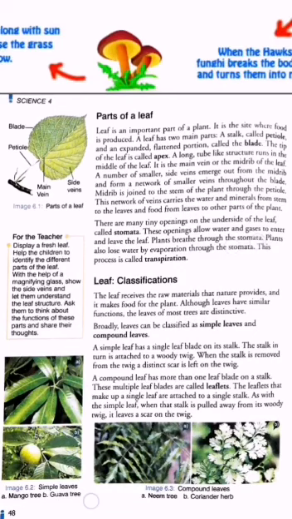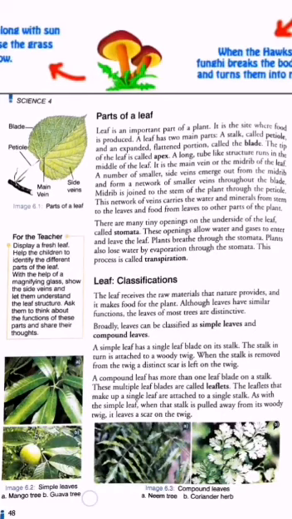Plants breathe through the stomata. As we breathe with the nostrils, plants breathe through the stomata. Plants also lose water by evaporation through the stomata. They lose water by the process of evaporation through which part? Stomata. So children, you have to remember the functions of a stomata, as well as what a stomata is. This process is called transpiration. The losing of water from the pores, that is the stomata, by the process of evaporation is known as transpiration.